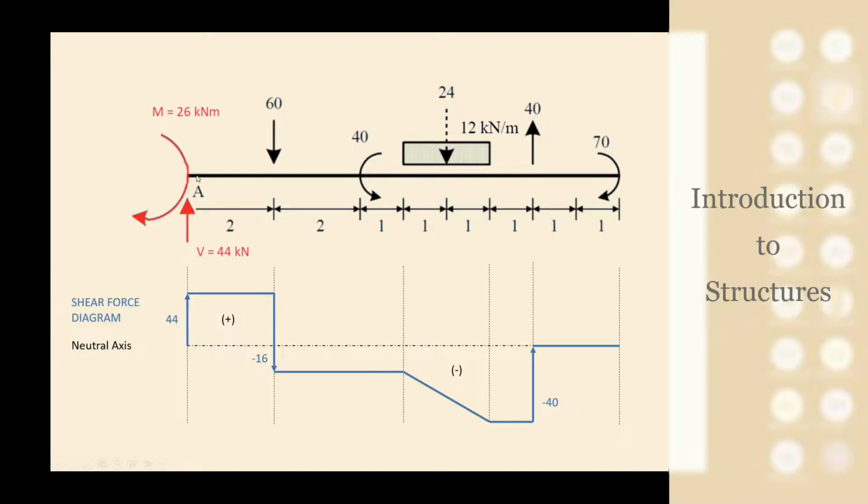So what I suggest to understand the construction of this shear force diagram in every single detail is to try to do the calculation of the shear forces in cross sections in the middle, in between forces, for example, to check that effectively what I'm saying is right. For example, in here, in the middle, in between A and 60, it is 44, because to the left you have 44 only. If you do the calculation to the right, so if you are in the middle here and you take into consideration all the forces to the right, you will have to get again 44, because